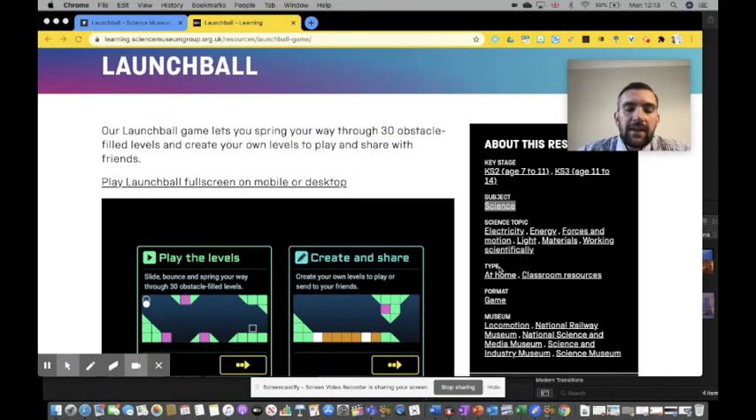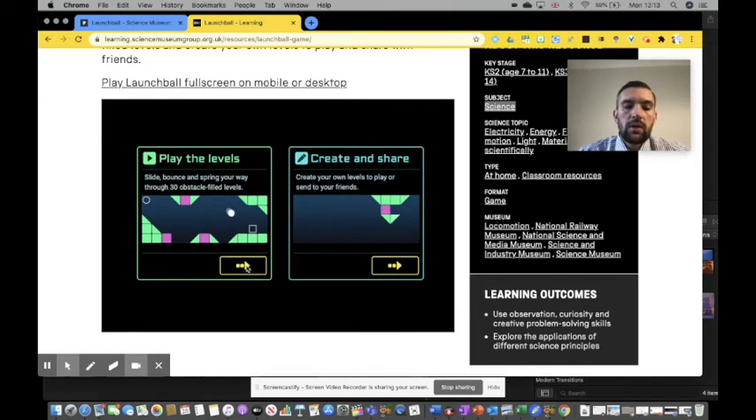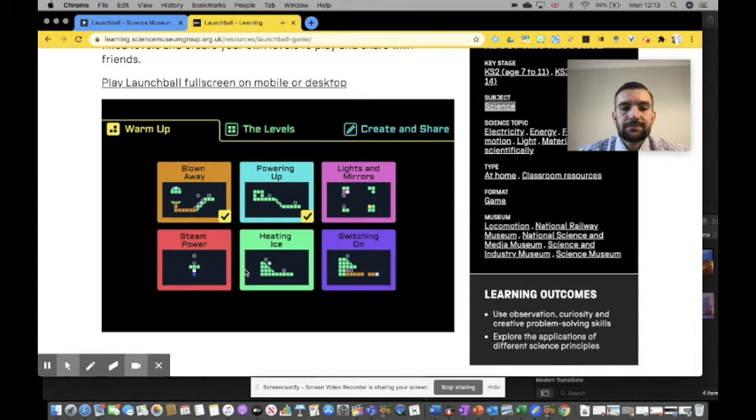Your challenge today is to work through the first 6 levels in the Launchball on the Launchball website. So these are the warm-up levels that will allow you